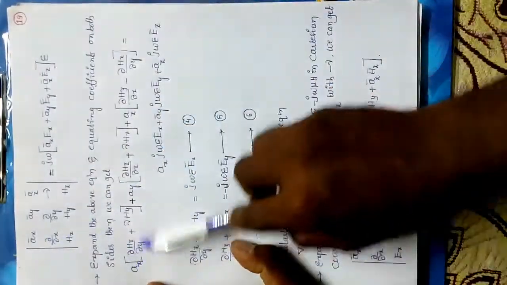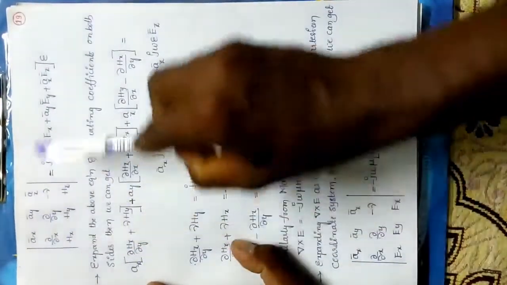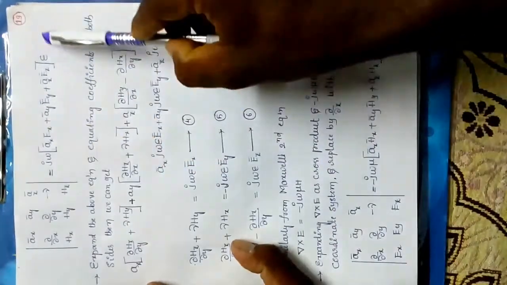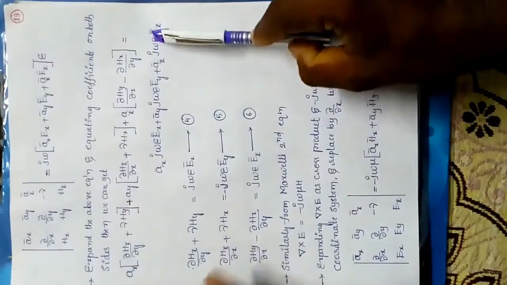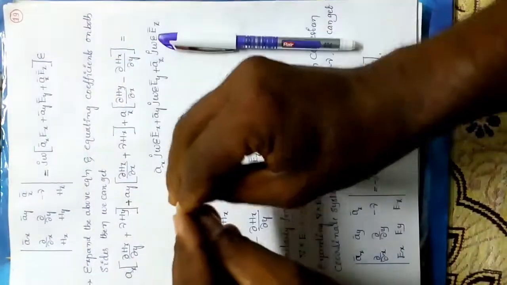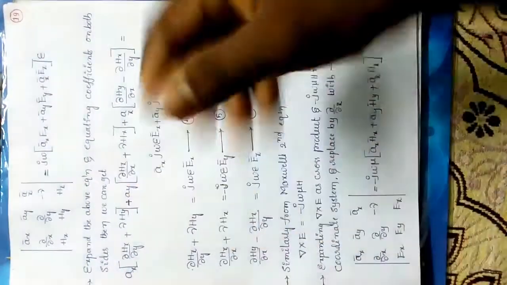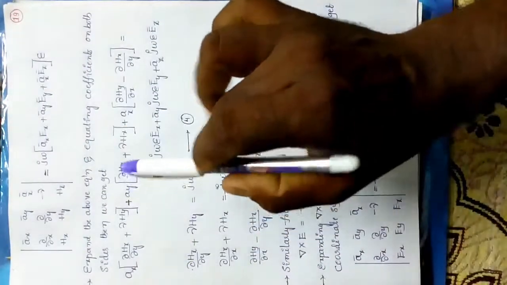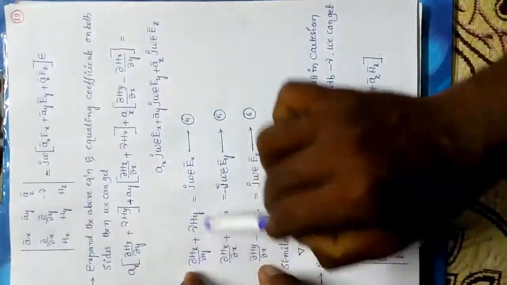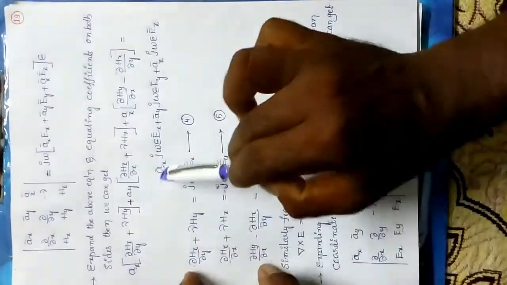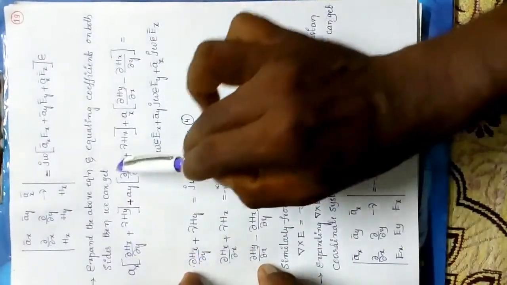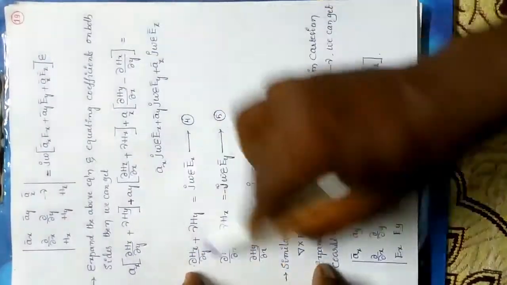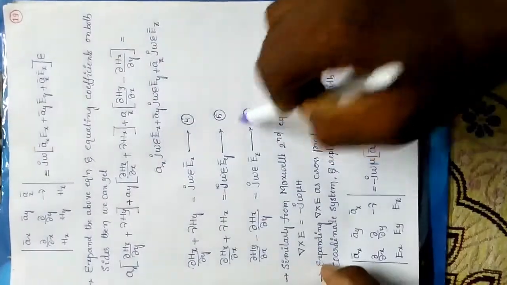After getting the LHS side, you simply multiply j omega epsilon with this term. After multiplying, we are getting like this. After getting the total equation, I am separating the identical terms. This term completely belongs to the ax term. Here ax is there, ax is there. I am equating these two terms. This is regarding these equations.